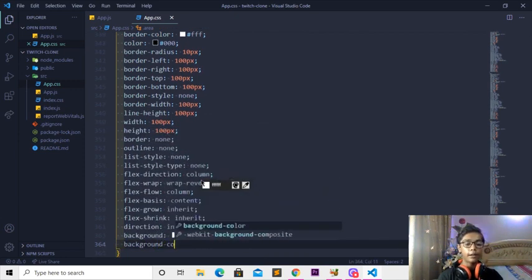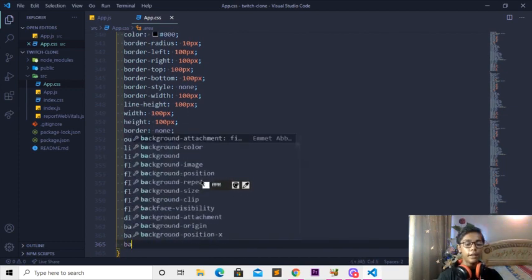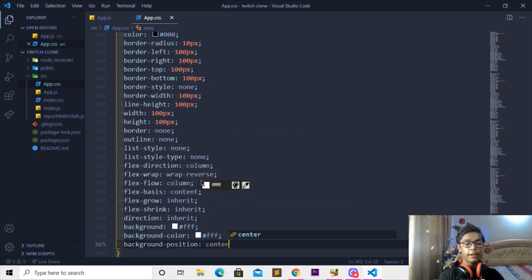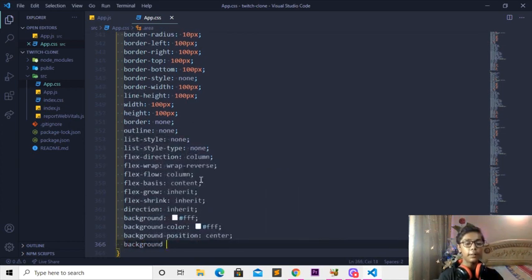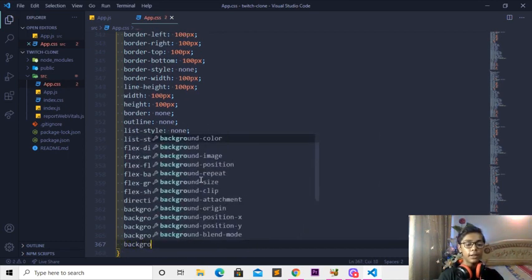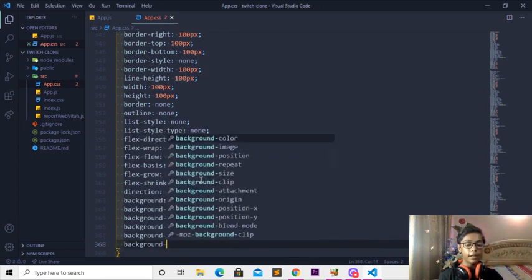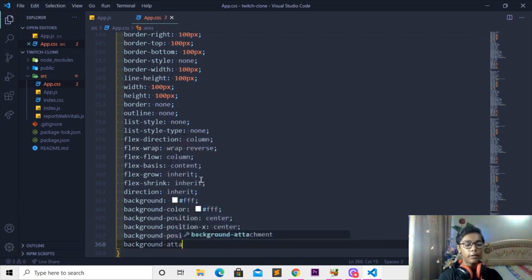I'll be writing background color, which will be white, and also background position, which will be in center. Then I'll write background position X, which will be in center. Now I'll write background position dash Y, which will be in center. Then change that to background attachment, which will be